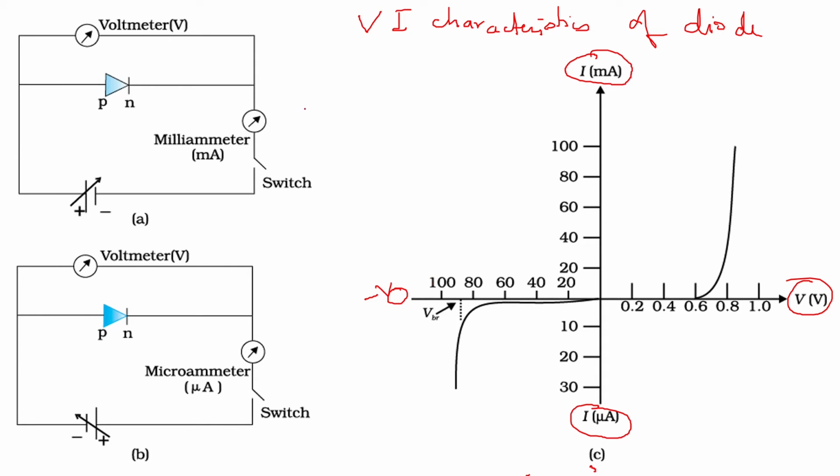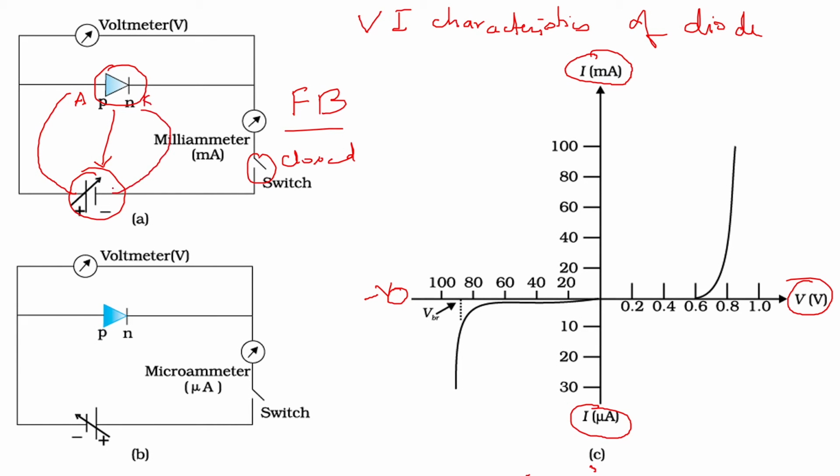Now the first figure here shows the forward bias condition. This is your forward bias condition. Now once this switch is closed, then here is your diode. The diode will be applied with this external voltage here. Now the diode is applied such that the anode is connected to the positive terminal and the cathode is connected to the negative terminal, and so it is in forward bias.